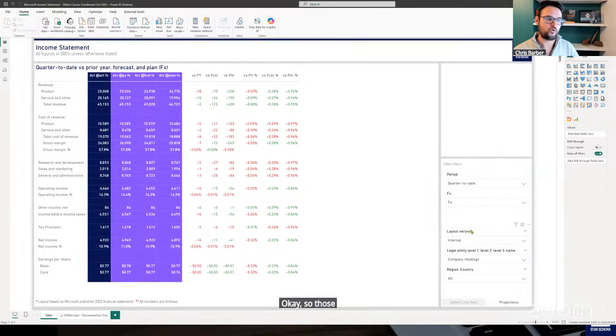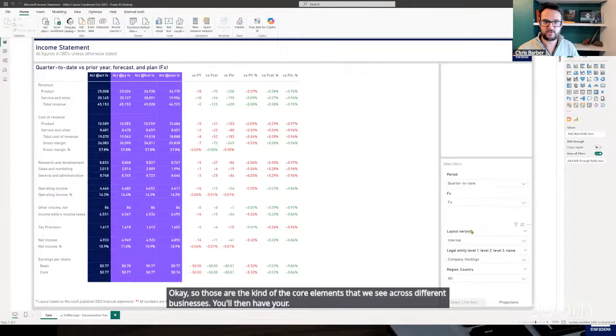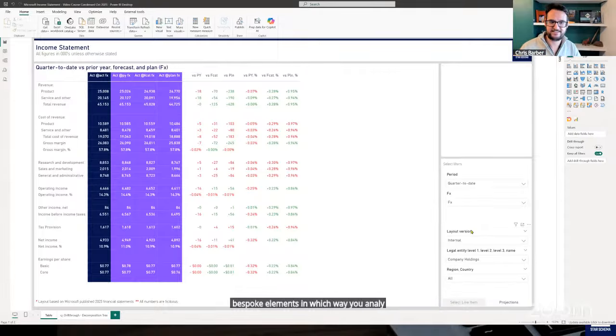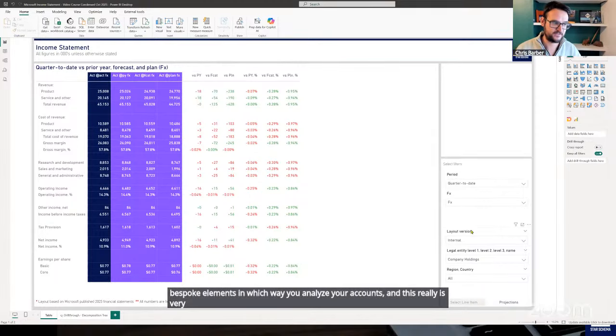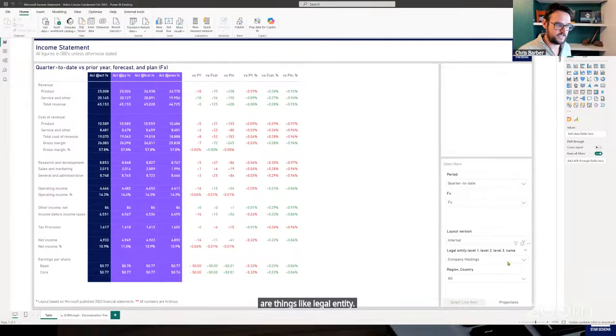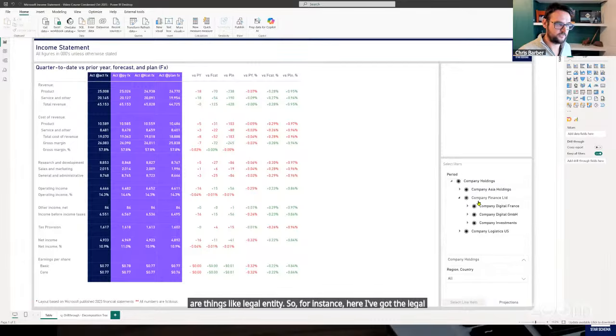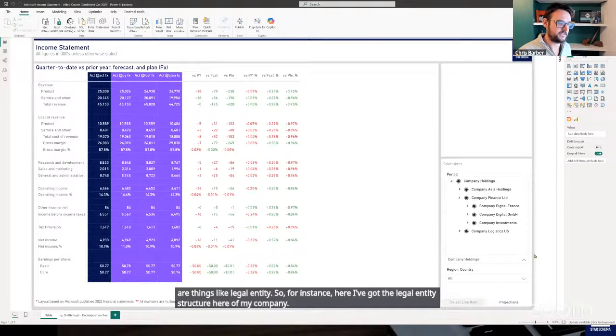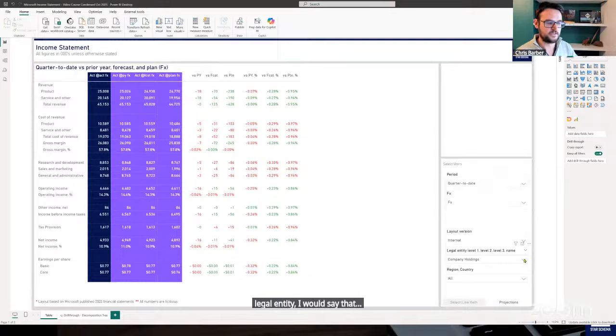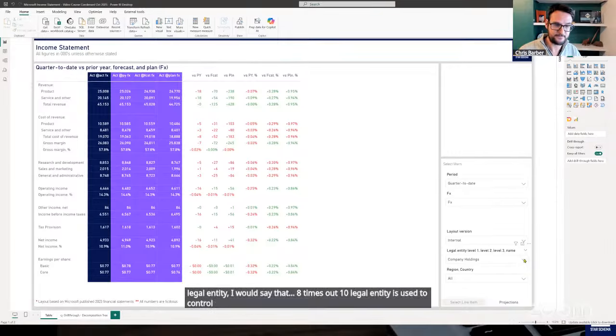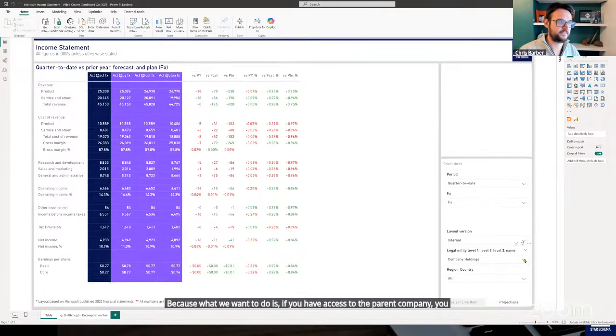Okay, so those are the core elements that we see across different businesses. You'll then have your bespoke elements in which way you analyze your accounts, and this really is very business dependent. It depends on your organization, but the typical types of things that we see are things like legal entity. So for instance, here I've got the legal entity structure of my company. Legal entity, I would say that 8 times out of 10, is used to control security. Because what we want is, if you have access to the parent company, you then have access to all of the